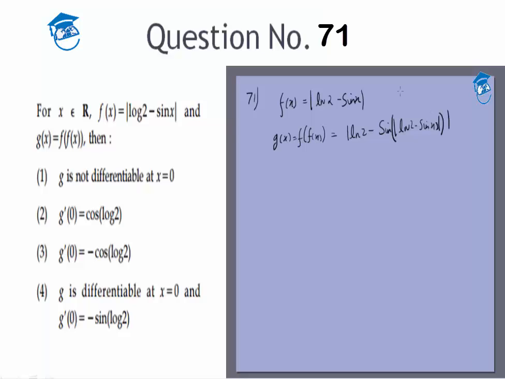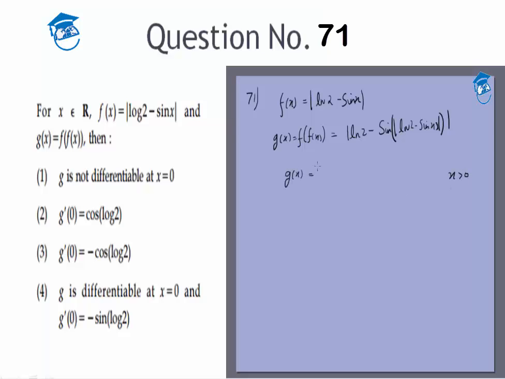And we need to find out whether it's differentiable or not. So first of all, the limit we are taking is x close to 0. So if x is a very small number, sin x is a very small number, right? So ln2 minus sin x is obviously a positive number. So for x greater than 0, we can write